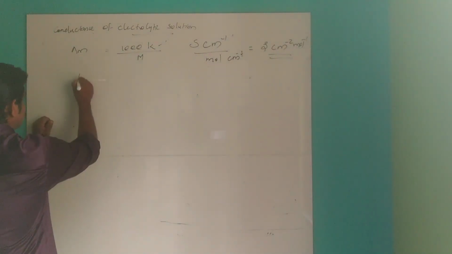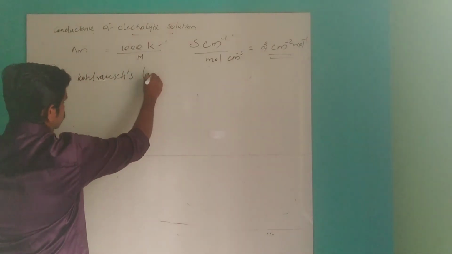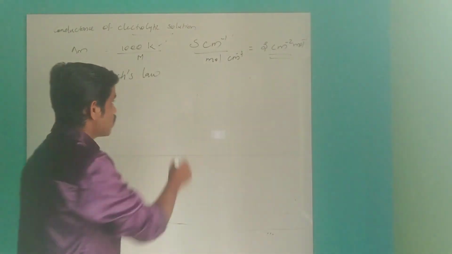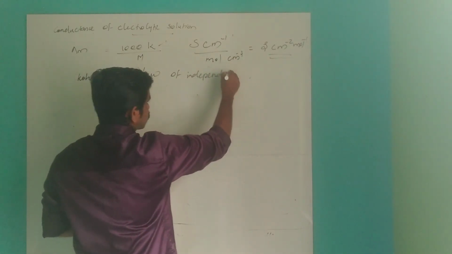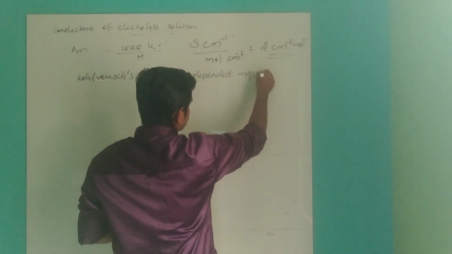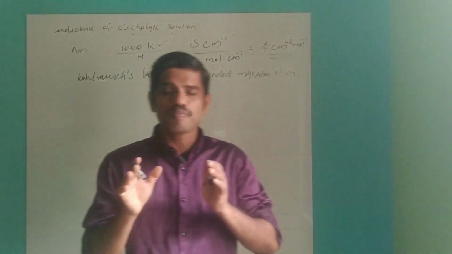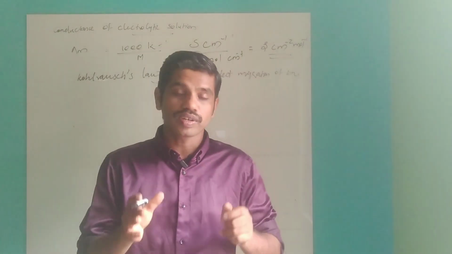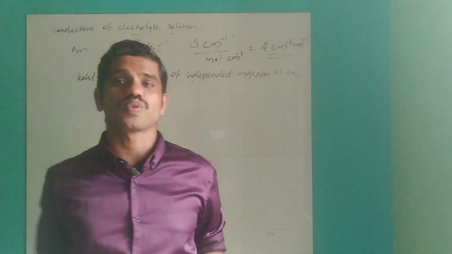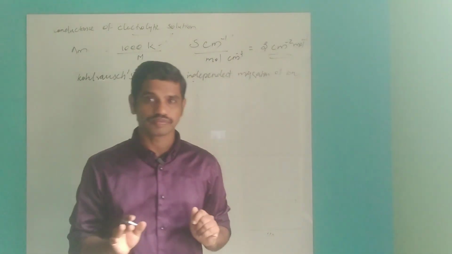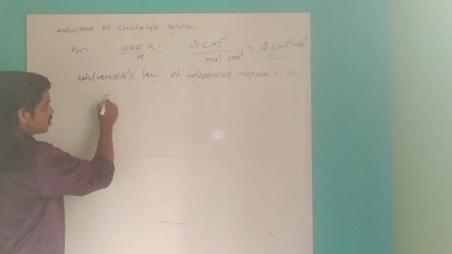Now we will discuss Kohlrausch's law, the law of independent migration of ions. It is not depending on the ions you have taken at first. Only the ions present at last will matter. So Kohlrausch's law states that